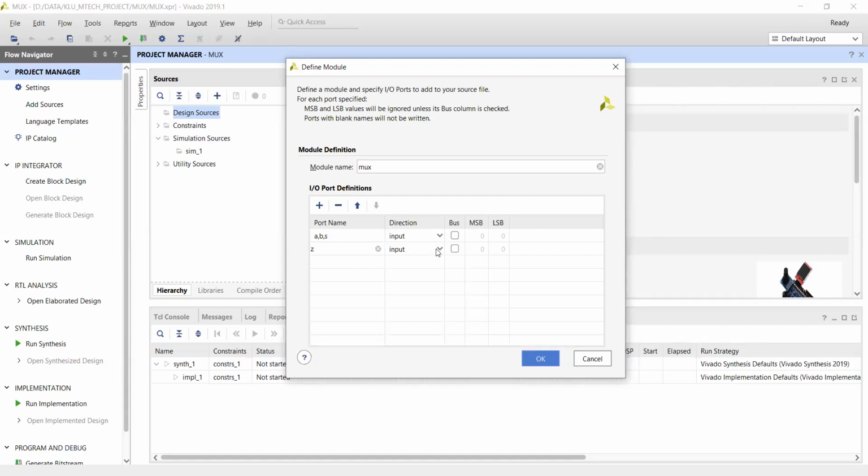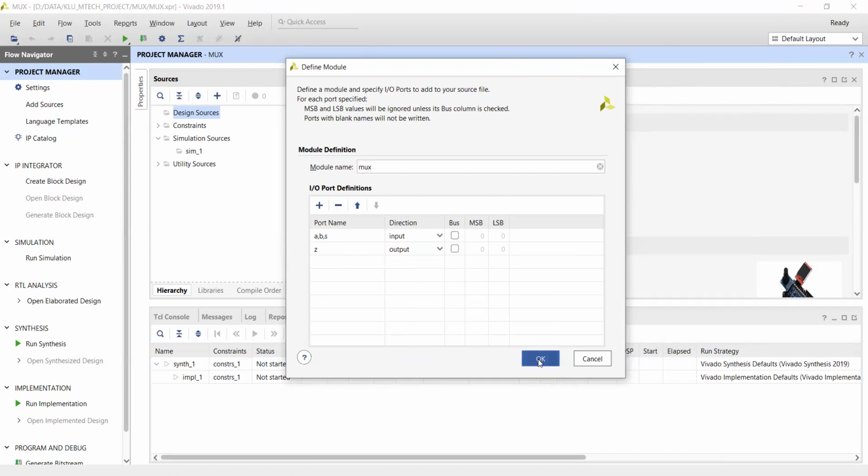So we are having only one output. Z is in terms of output direction. These are your directions, okay, and click on OK.